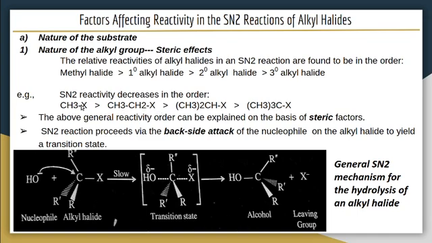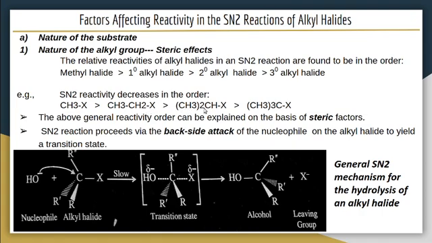That means in the first case the carbon is attached to only hydrogen atoms. Here you can see only hydrogen atoms are present in this case. So the nucleophile can easily attack from the back side. In this case, the carbon bearing the leaving group is attached to two hydrogen atoms and one methyl group. So there will be a steric effect from the one methyl group when the nucleophile attacks from the back side. So the reactivity decreases.